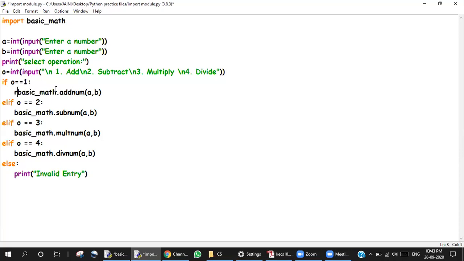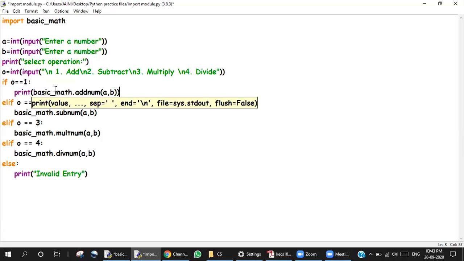So I can say result equals to over here, or I can say print function. I think.